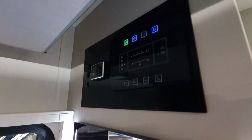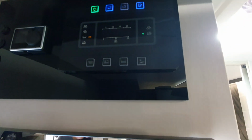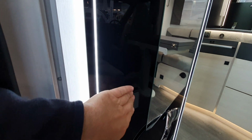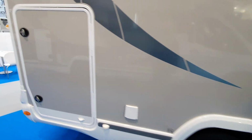You can see electronics, how much water you've got. You can't say how much gas you've got, but you can see how much water you've got and how much power's in the electricity, and the batteries. Light switch. Show you the